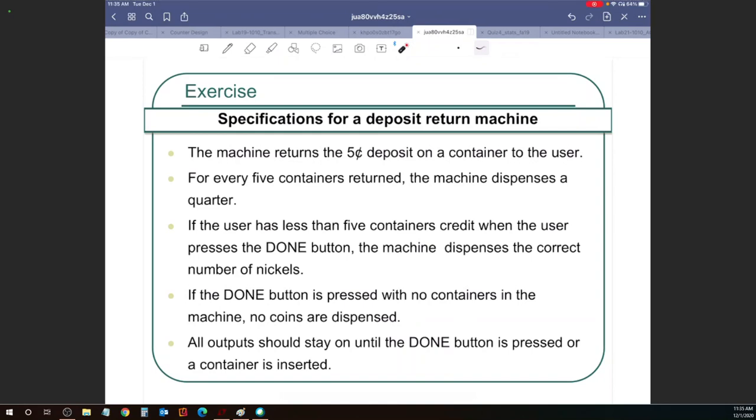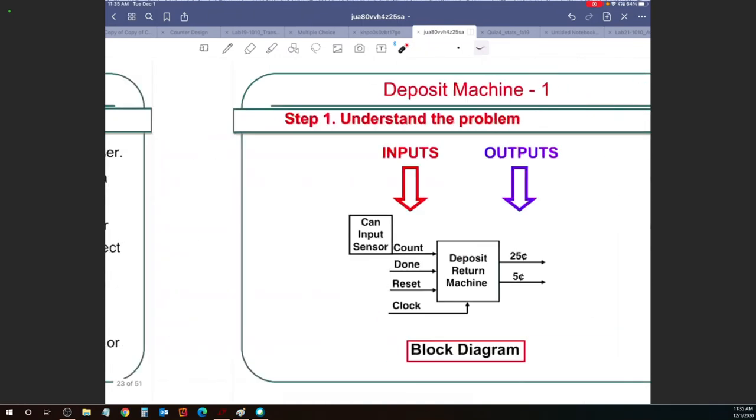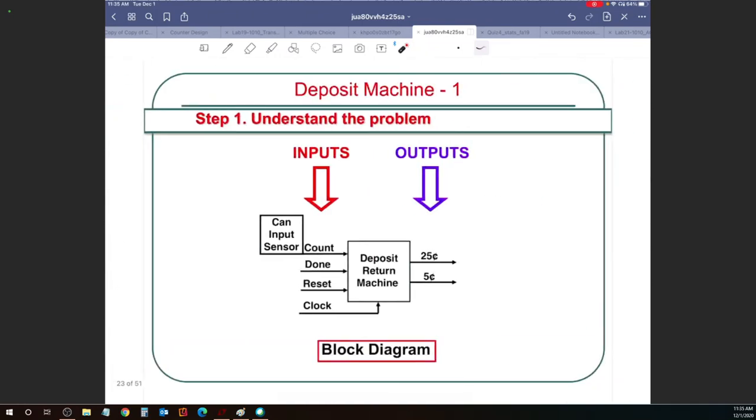From this, we can complete step number 1 as shown here. We have inputs and outputs. The CAN input sensor is going to indicate the count. I got 1 container, I got 2 containers, and so on. Whenever the user is done putting in the containers, they can press the input done to expect some money back. There is a reset to start things off, and then there is a clock to trigger the flip-flops inside